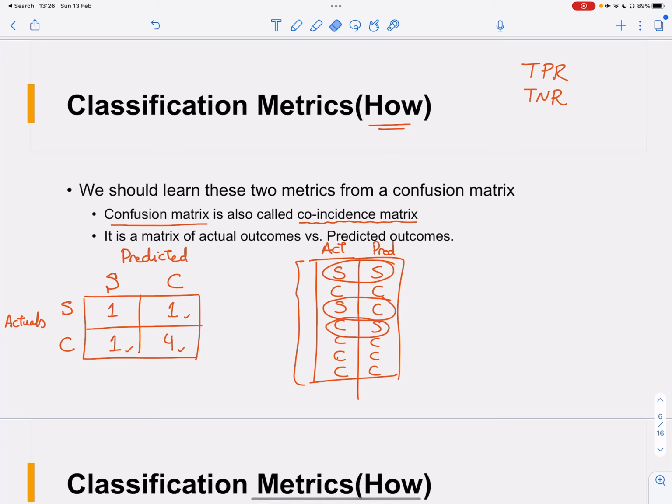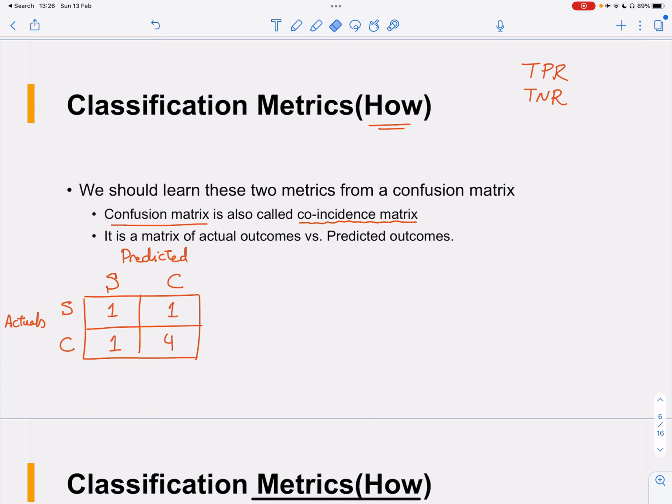Okay, but we have separated them. We have separated the actual and predicted values based on the outcomes, and we don't need that table anymore. What we have here is called a confusion or coincidence matrix. And now we can calculate true positive rate and